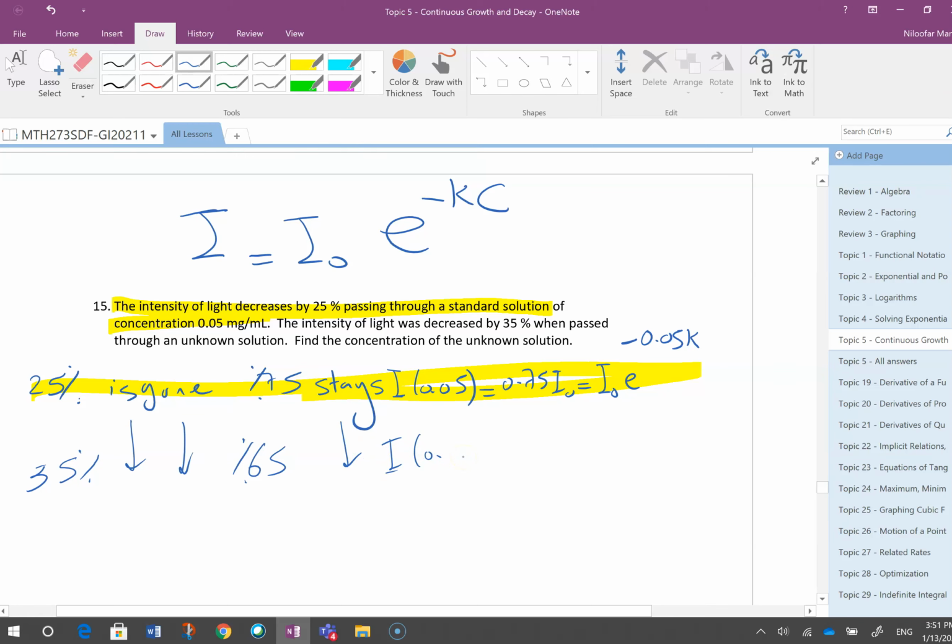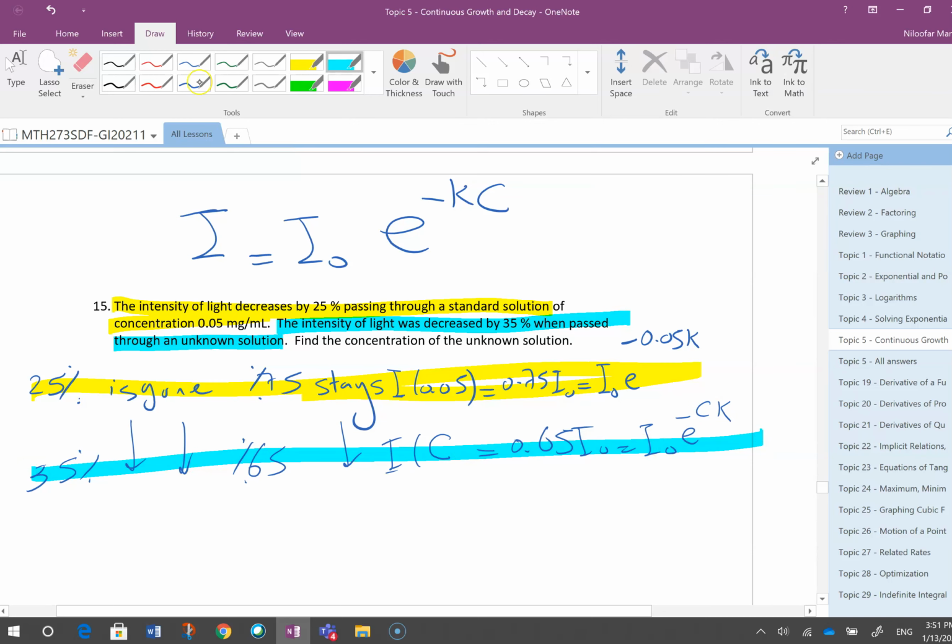It says find the concentration. I don't know the concentration, I want to find it. I is 0.65 I0, which is I0 e power minus ck. I want to go to the blue one to find C,